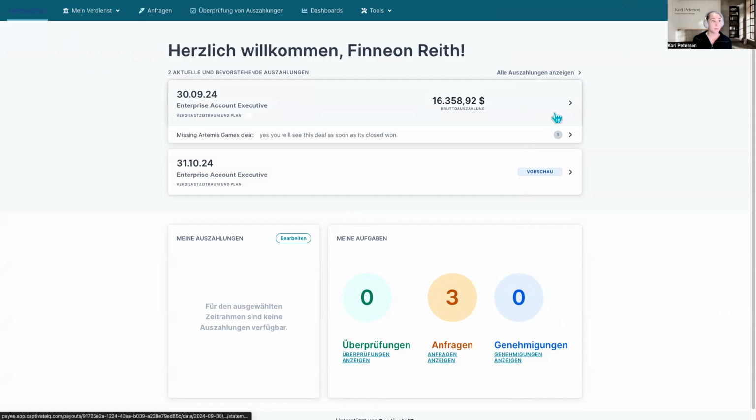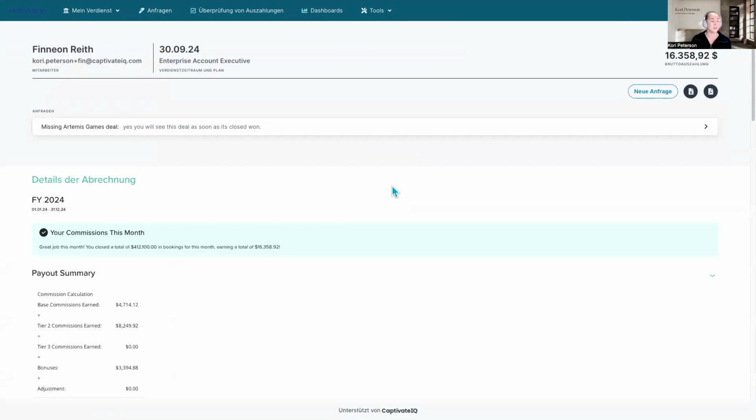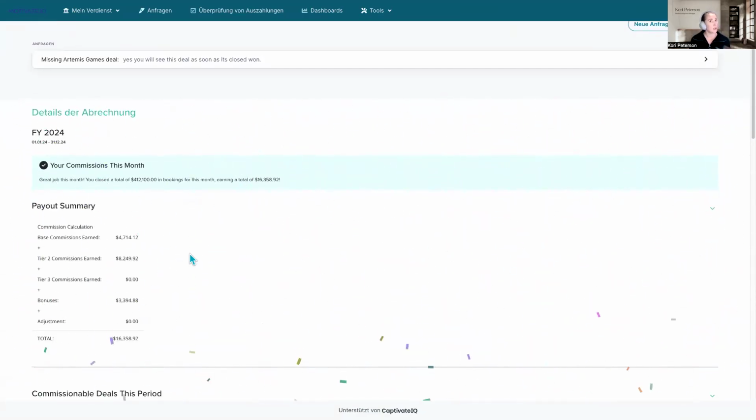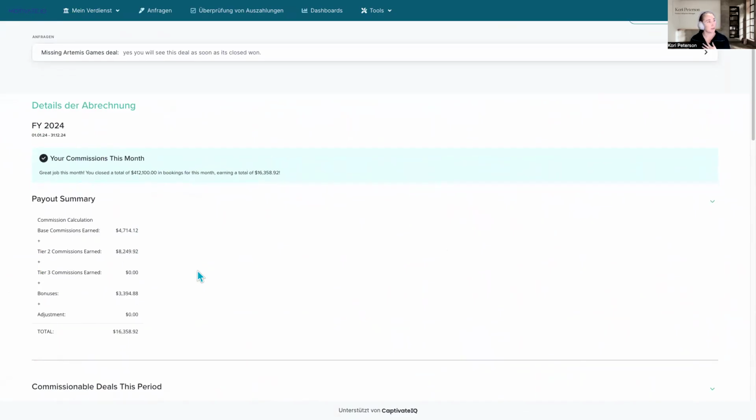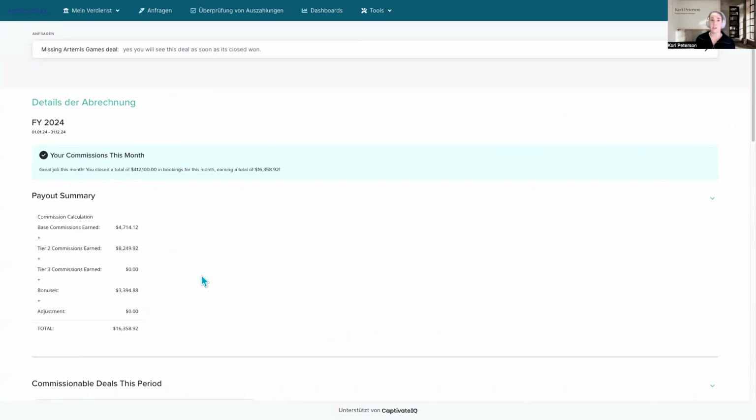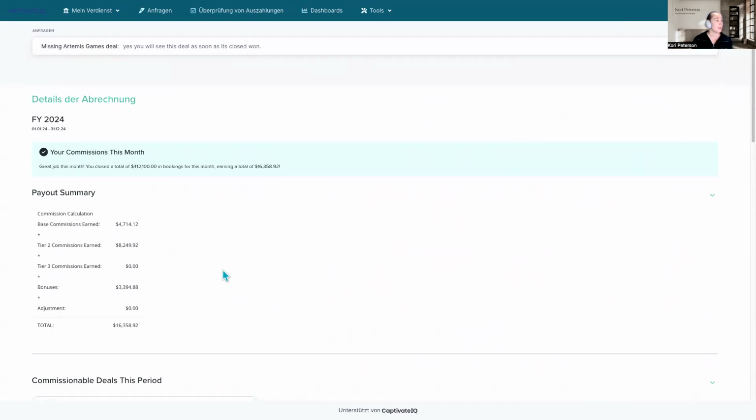As you can see, the statement is still partially in English, partially in German. This is a CaptivateIQ owned item, so that has been updated, but the actual information included in the statement itself is still in English since that's how I built it as the admin. One way you can work around this, if it is really important to you to have full accessibility of language, is to remember that you can assign multiple statements within any given commission plan. So if you want to build a statement in German, you totally can, and then just assign it to Finian and other German-speaking reps. But again, that is up to you.